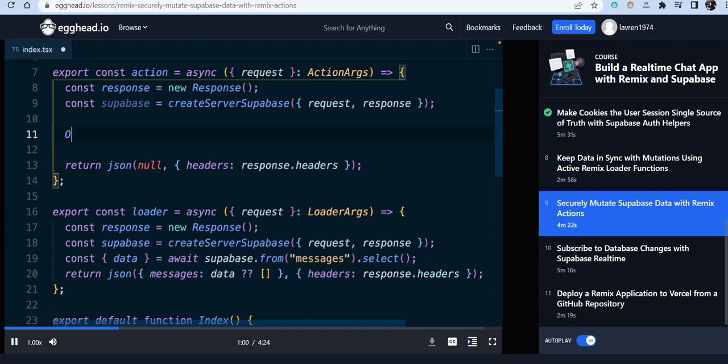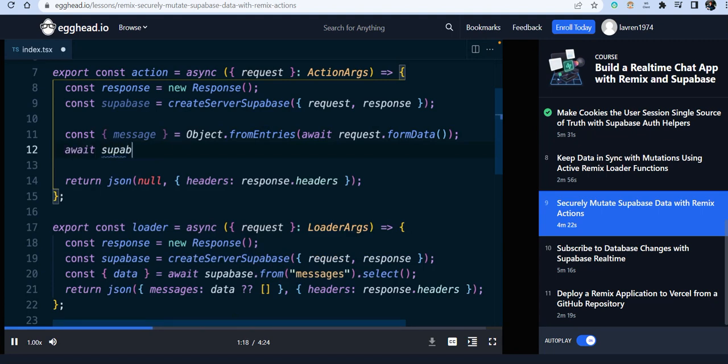We can then call Object.fromEntries and pass it a call to await our request.formData, which will give us a big object with key value pairs for all of our different form inputs. So we can then destructure our message and then await a call to supabase, telling it from the messages table, we want to insert a new row, setting the content column to be the value of our message. And we just need to wrap that in a call to String